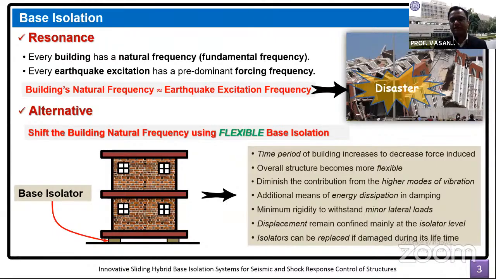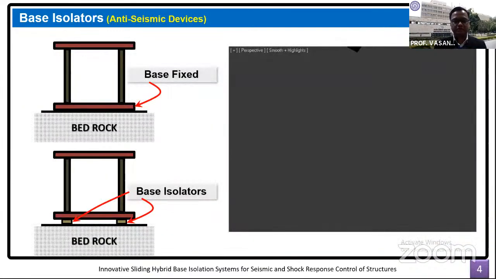In addition to that, restoring capability, as was being discussed in the morning session, is another important feature in the design of isolation system. And the last advantage of using base isolation system is that they can be easily monitored closely all the time, and they can be replaced whenever required very conveniently without disrupting the ongoing functioning of the structure.